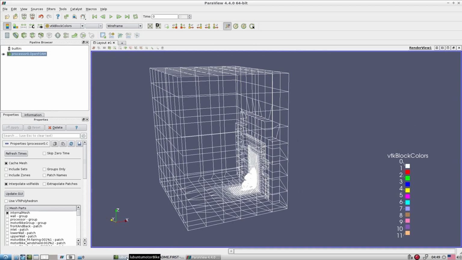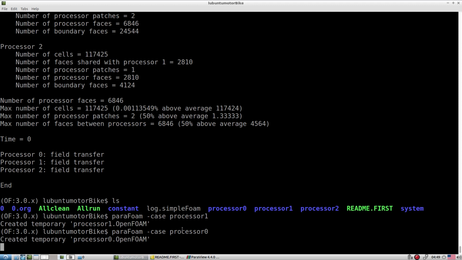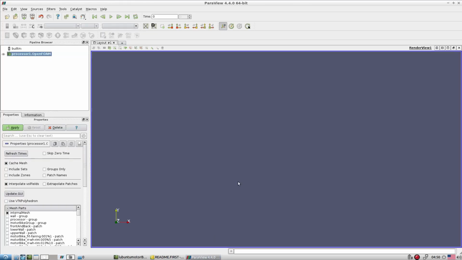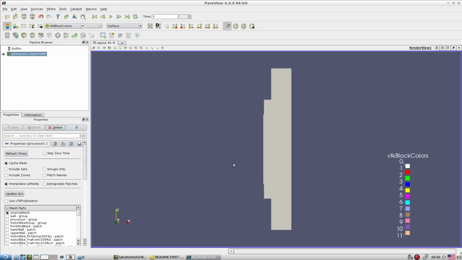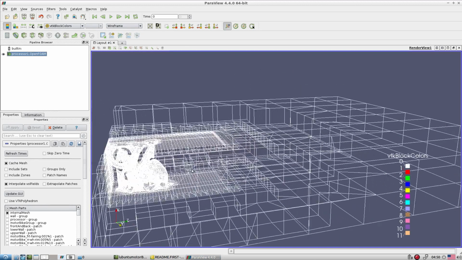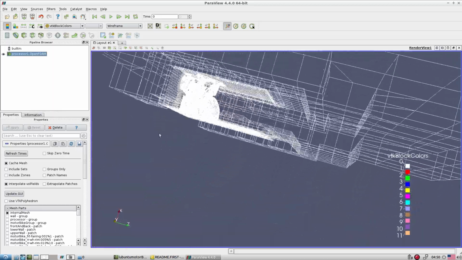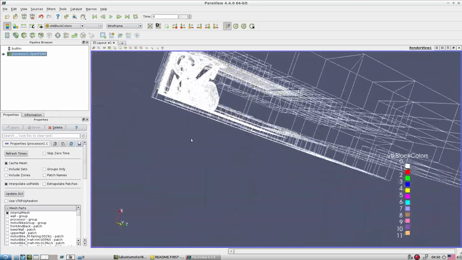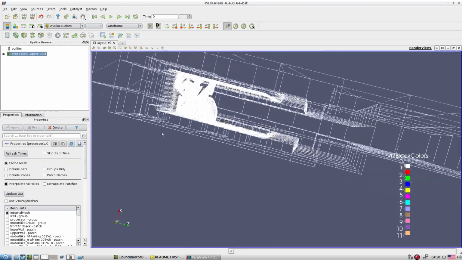Then let me open the other processor, that is with 1, the middle processor. This is the middle portion.